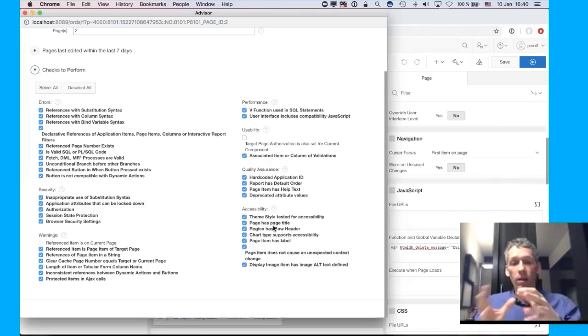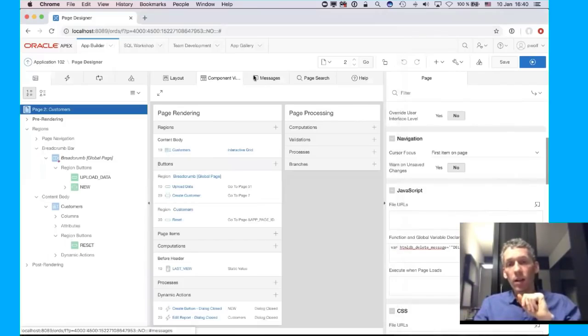And I think that should be part of your release process to at least do a quick check with the Application Advisor. And one last area I want to highlight is all the time when we are releasing a new Apex release, we are introducing